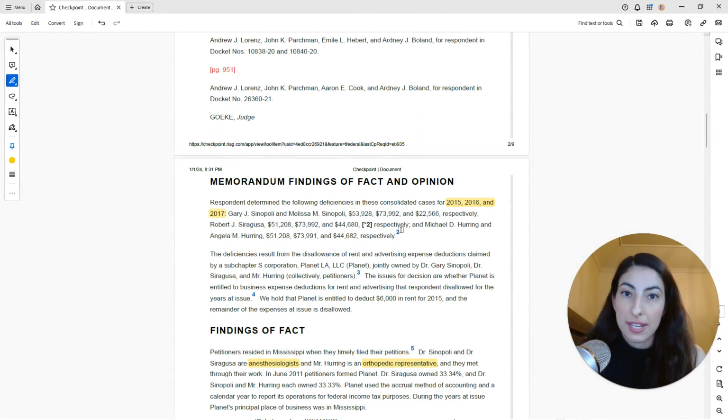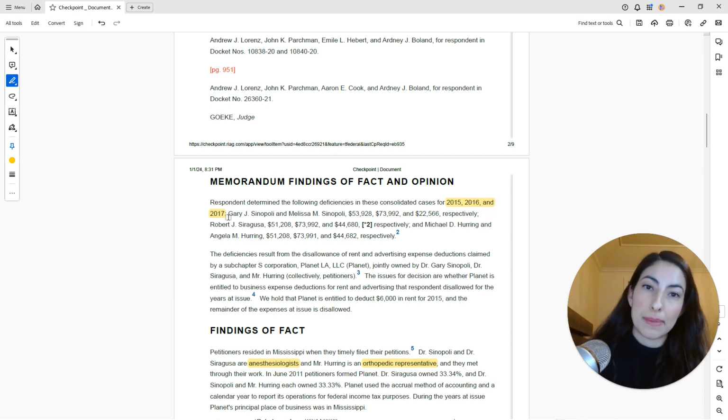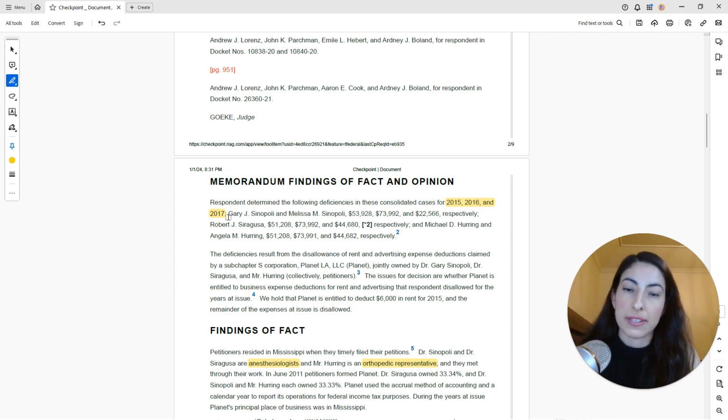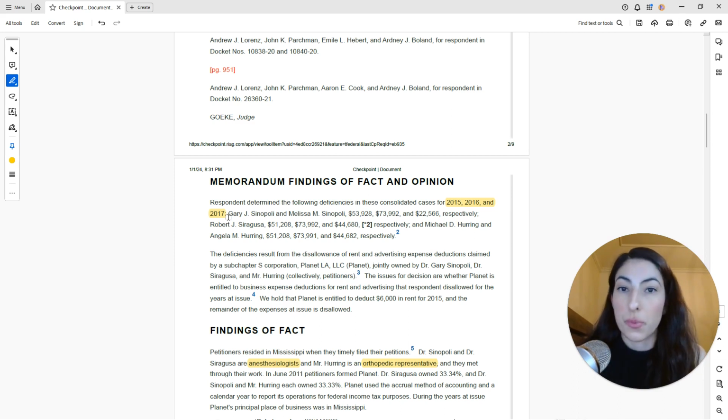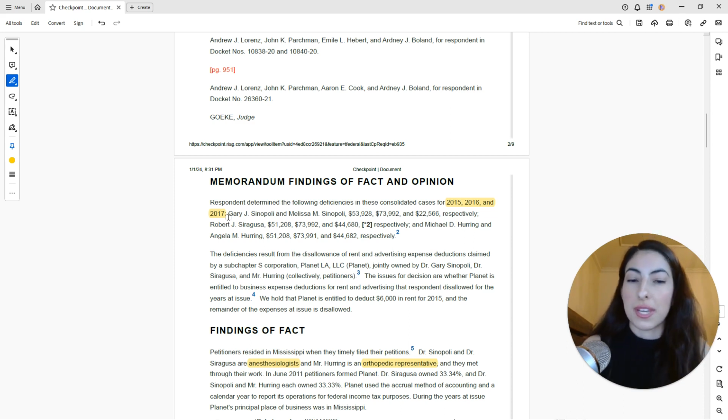So the tax year is 2015, 2016, and 2017. And I want to point this out because this is exactly how this works every single time we're in tax court, which is you're not going to be in tax court close in time to the tax years at hand. So the IRS almost always audits 3 years out. So this was probably picked up around 2018 and worked with the revenue agent. And then, of course, they probably picked up 2 more years after seeing that there was potentially an issue here with the rent expense for the Augusta rule.